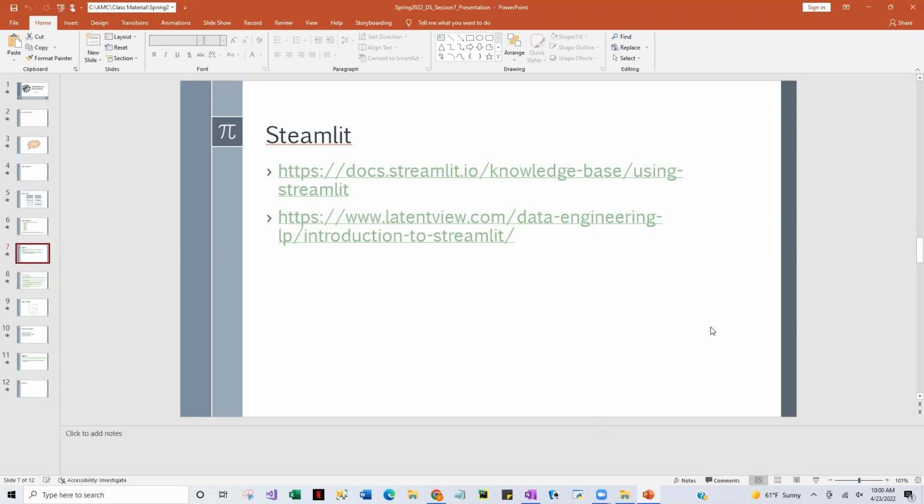I'm not sure whether you heard about it. Streamlit gives you interactive data visualization. That means you can play with the graph and adjust the parameters, and based on the parameters, it is going to adjust your graph. It is going to be an interactive graph. So this is the